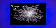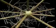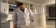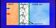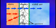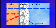Down is the undercoating of waterfowl and consists of millions of light, fluffy filaments growing from a central quill point. These stringy filaments interlock, creating a three-dimensional structure which traps air and gives down natural insulating ability. The ability of these filaments to trap air is called loft. The loft factor of down is legendary. Down has the ability to keep you warm and dry. Down wicks away any body moisture and transports it through the filaments to the outside of the garment, where it